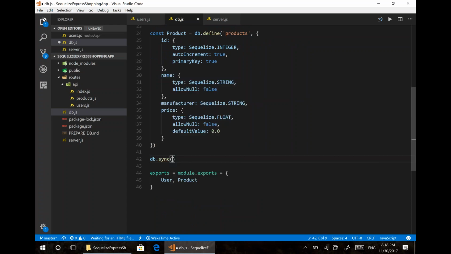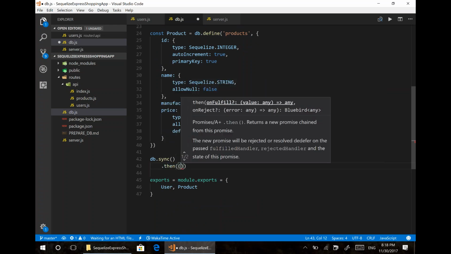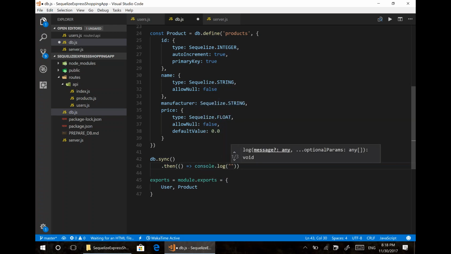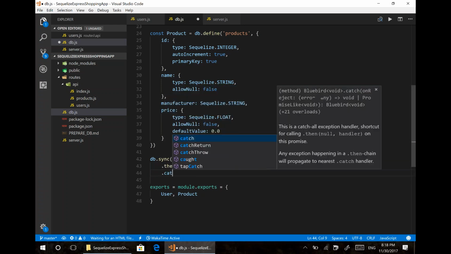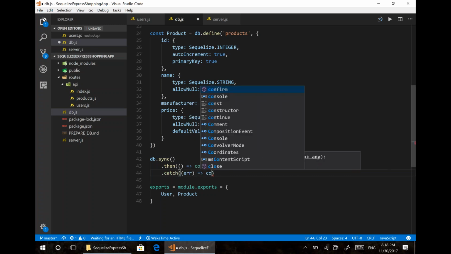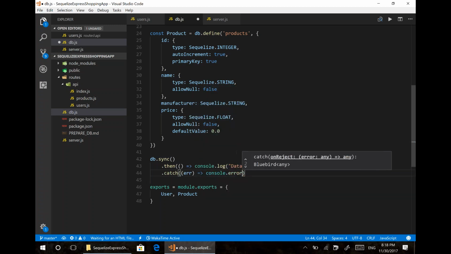Okay, and this is also a promise, so we can add something like this dot then, and here we can add a console line, console.log, and we can write here database has been created, or database has been synced. Okay, and catch error creating database. Okay,